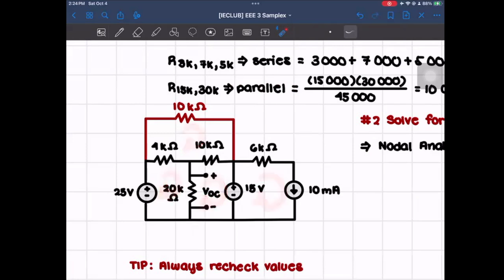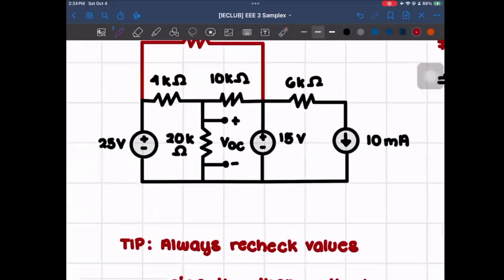But for nodal, we have 1 here, 2, 3, 4. And then we could actually already determine 2 of those since we have 2 voltage sources that are connected to the ground. So with that, we could go with nodal and just take note that this is our ground